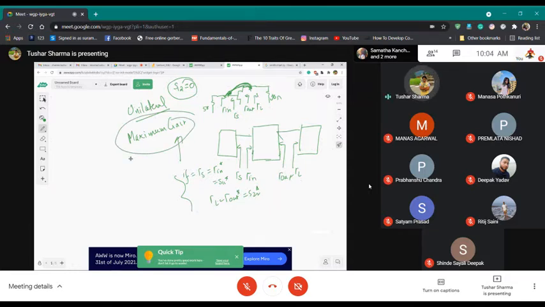So IIT Bombay folks, for your device, you have S parameters, you need to know what is the maximum gain. So in ADS, there is a token of max gain. We will be going through this when we design the amplifier in ADS. So you can calculate what that max gain is, and that max gain is calculated in the assumption where we assume my gamma S is gamma in conjugate and gamma L is my gamma out conjugate.